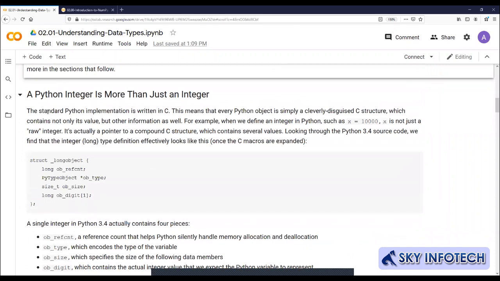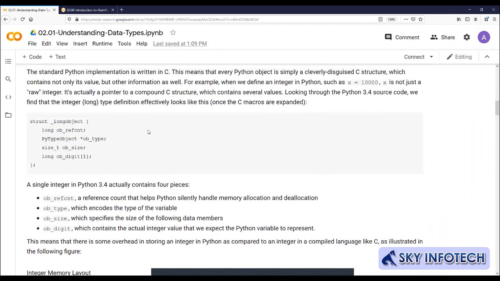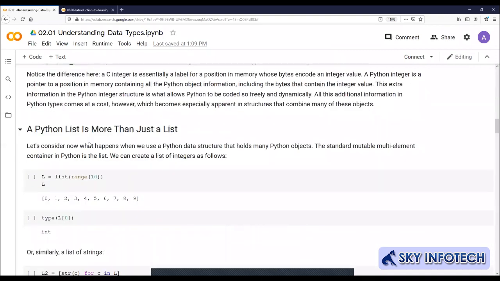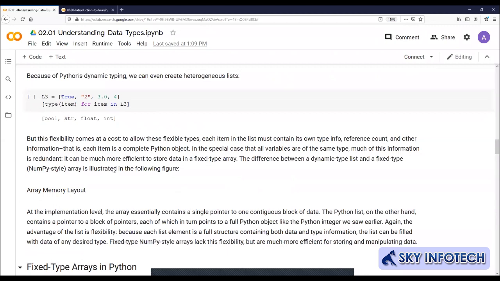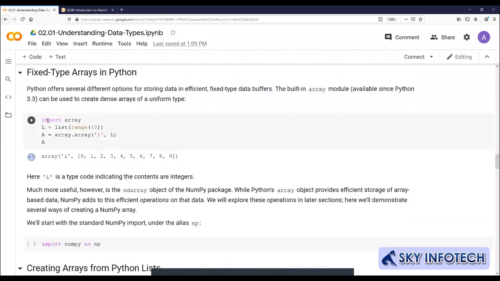उसके बाद, if you have a Python integer, in any other language you have to declare it, but in Python you have a long object kind of thing where everything is predefined. You don't have to go for defining everything. And then there is list, right? List हम discuss कर ही चुके हैं. Yes, sir. List of strings and memory layout. You have fixed arrays also in Python, wherein you have to use the array library.